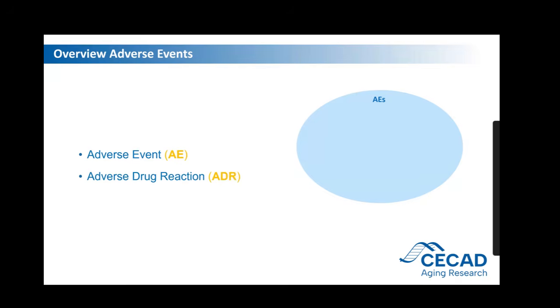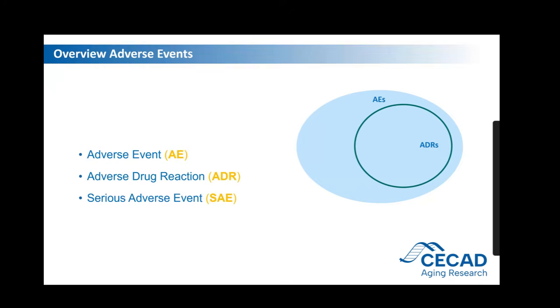So to wrap this all up and give you back an overview of what you need to keep in mind, despite all the obligations, all the reporting, and all the specifics, you should take home with you that we have adverse events that happen in a clinical trial no matter what you do. People will break their legs or have a headache, so everything that could occur is an adverse event. And if it cannot be ruled out that there's a connection to the IMP, these adverse events which have a connection are considered adverse drug reactions. And of those